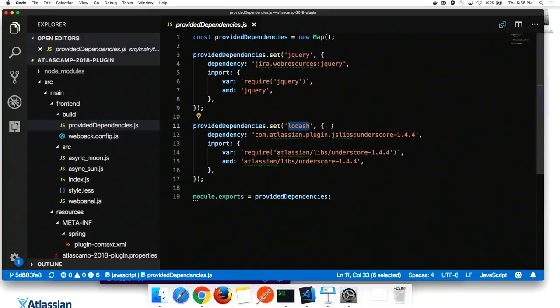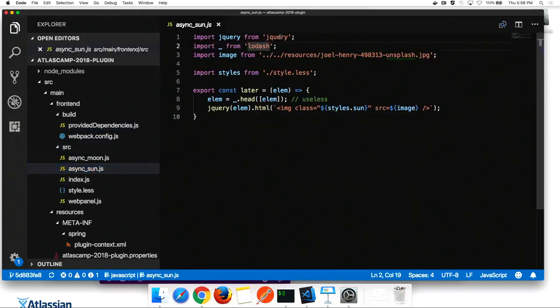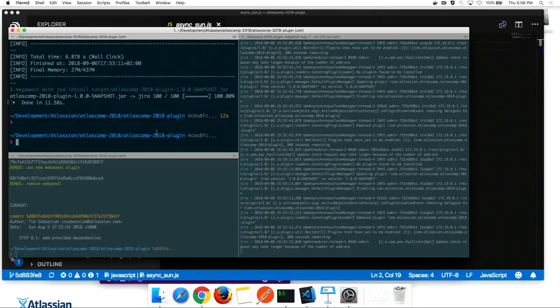We used Lodash. I'm just giving underscore 1.44 here because I know it exists. You probably shouldn't do that necessarily if you don't know if it's working. But basically, this means I still have my code here. My code still requires Lodash and jQuery. I don't want to give up the fact that I have my dependencies explicitly specified in my code, but I don't actually want to bring everything on my own if I know the platform can provide me with these dependencies. So if we run our code once more,